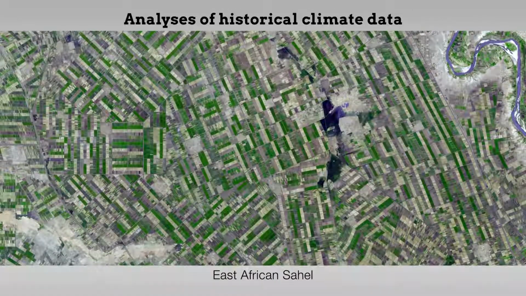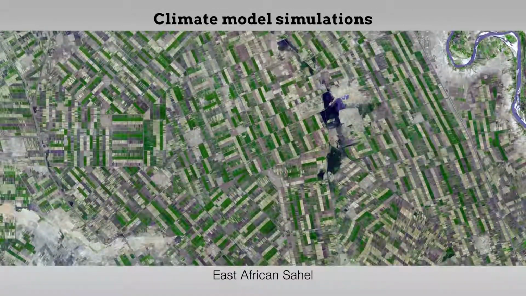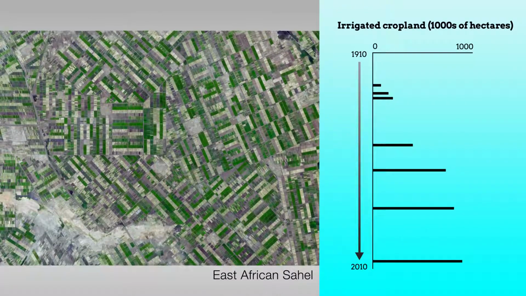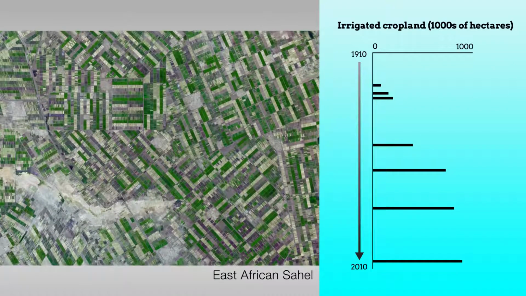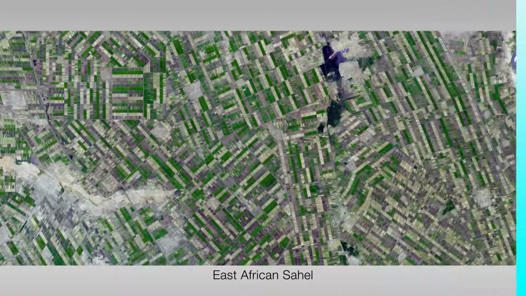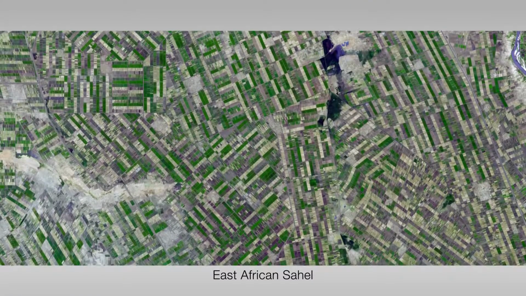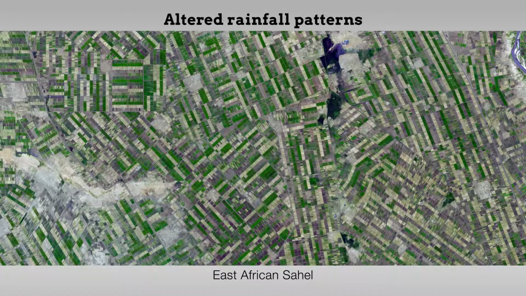Analyses of historical climate data and climate model simulations around a massive irrigation project in the East African Sahel suggest that irrigation has reduced rainfall over the irrigated area but enhanced rainfall in the surrounding region. These findings further suggest that altered rainfall patterns must be considered during the planning of large agricultural projects, particularly in